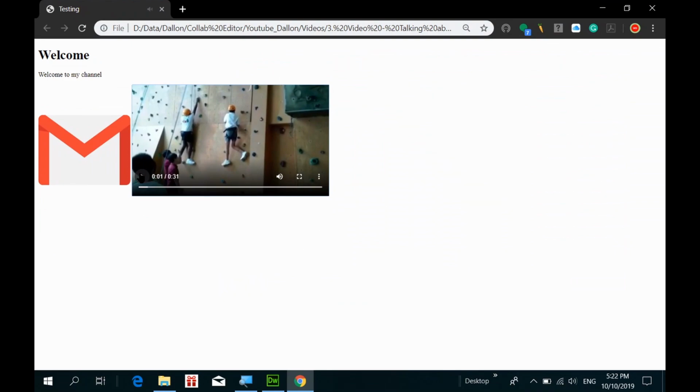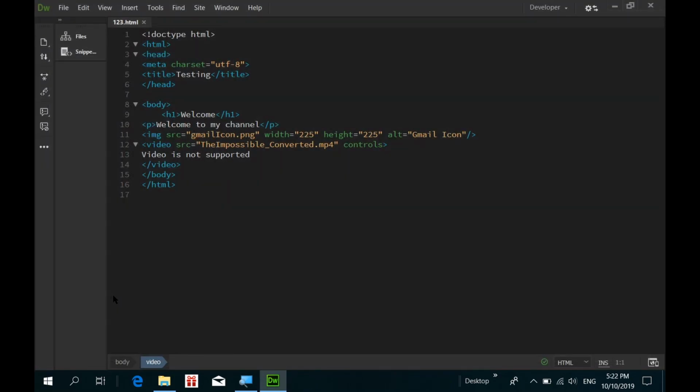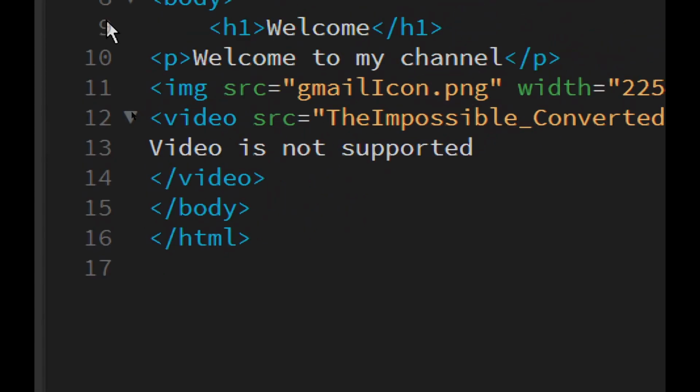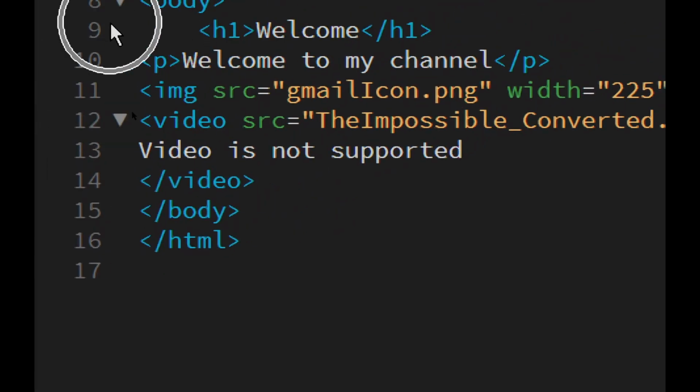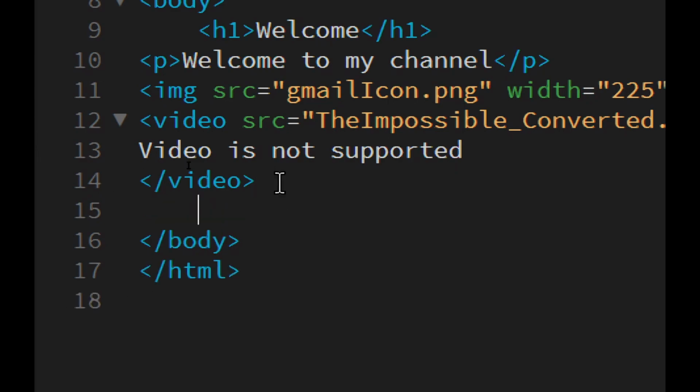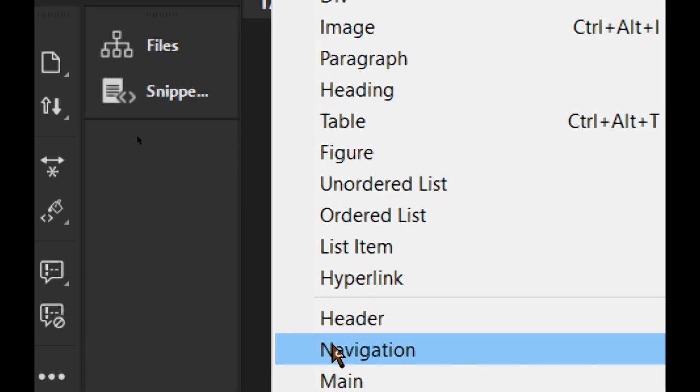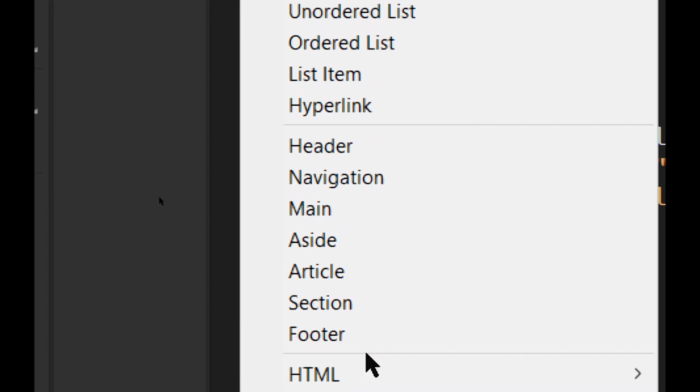So that's the test that the video can actually play. So let's just close it. Okay, you probably have to see that browser again. Okay, so what I'm going to do right now is I'm going to show you one last thing in Dreamweaver. The rest of the other options, like in forms, you can actually play around with,